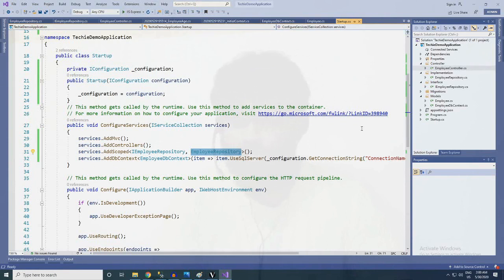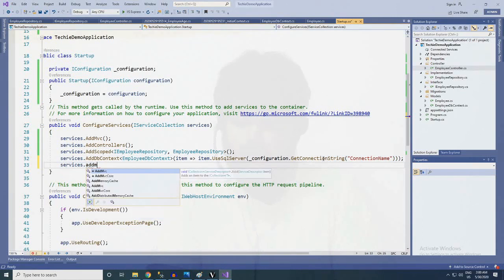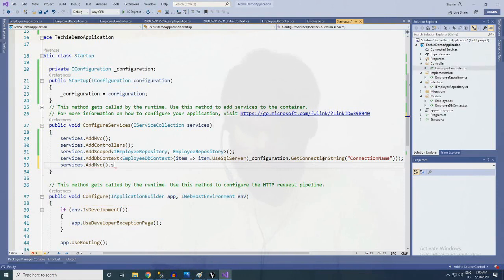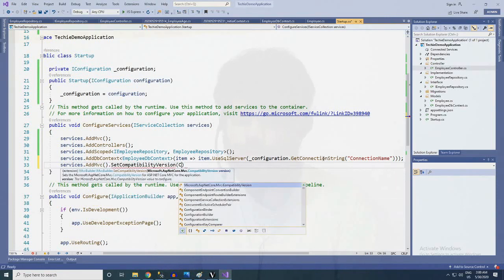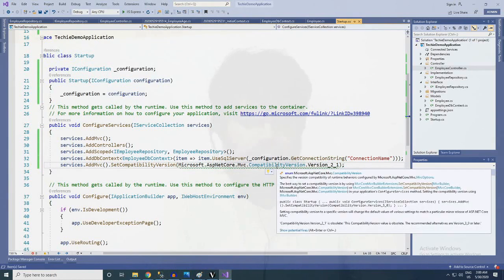Okay, in the next step what we need to do is services dot add MVC dot set compatibility version of version 2.1. It's giving us an error.